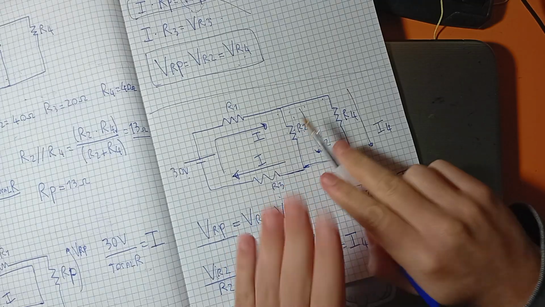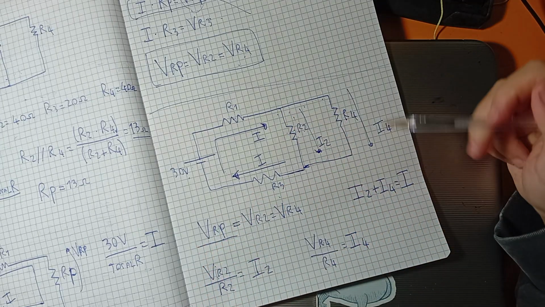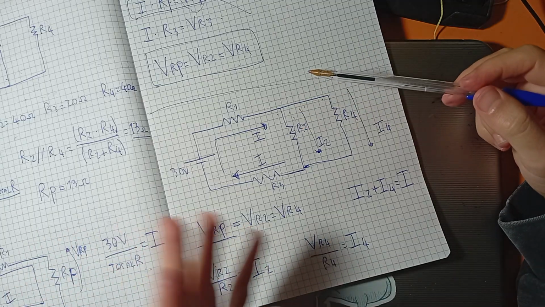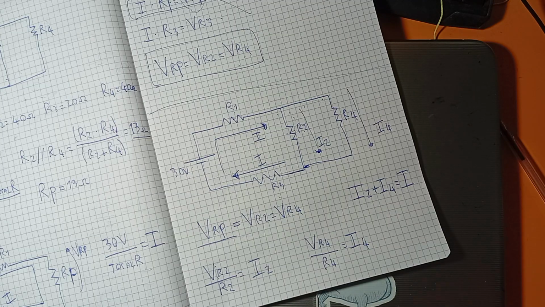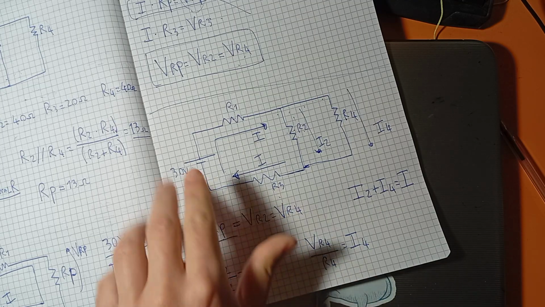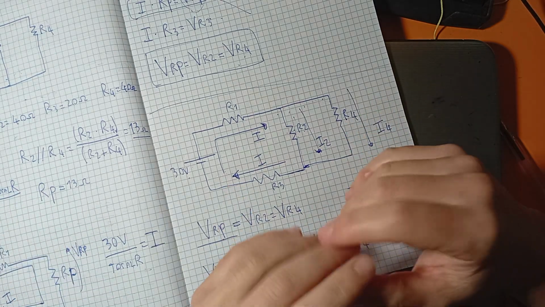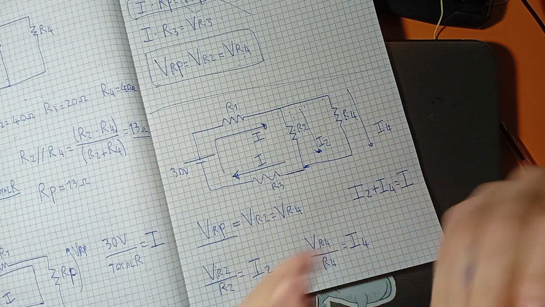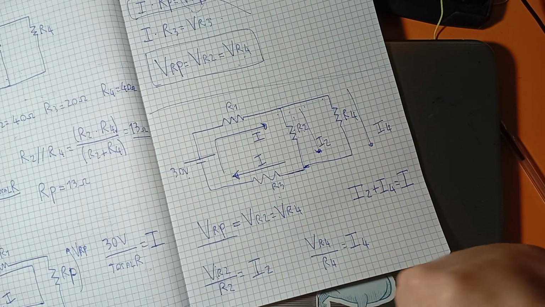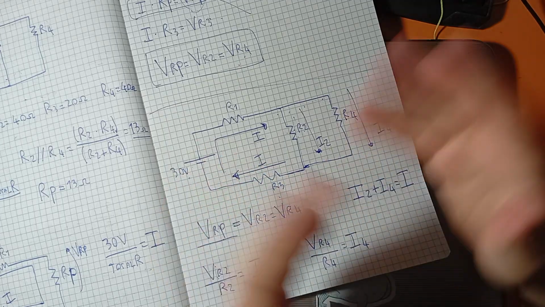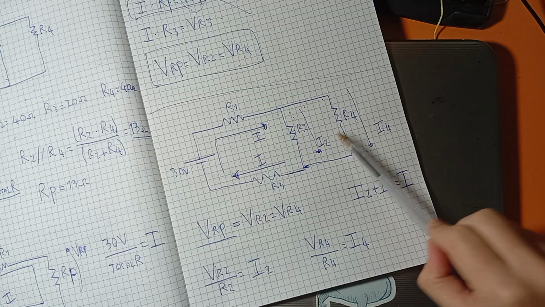It doesn't matter if I have two branches, one and the other one, or a parallel made of 3, 4, 5, 10 branches. The total current will divide. I still have to calculate the total parallel, then the total voltage drop on the parallel, and that value keeps staying the same on each branch. It doesn't matter how many branches I have, I can have 10. I still have the same VRP on each branch of the parallel.